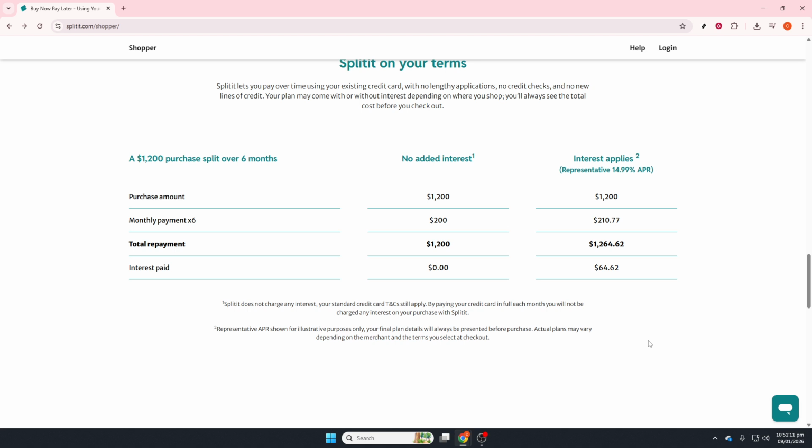A few quick tips before we wrap up. Use an email you check regularly so you don't miss verification messages or account notifications. If the site sends you back to sign in after verification, just enter the same email again and continue. And for security, it's best to avoid public Wi-Fi when entering payment information. That's it. You've gone to splitit.com